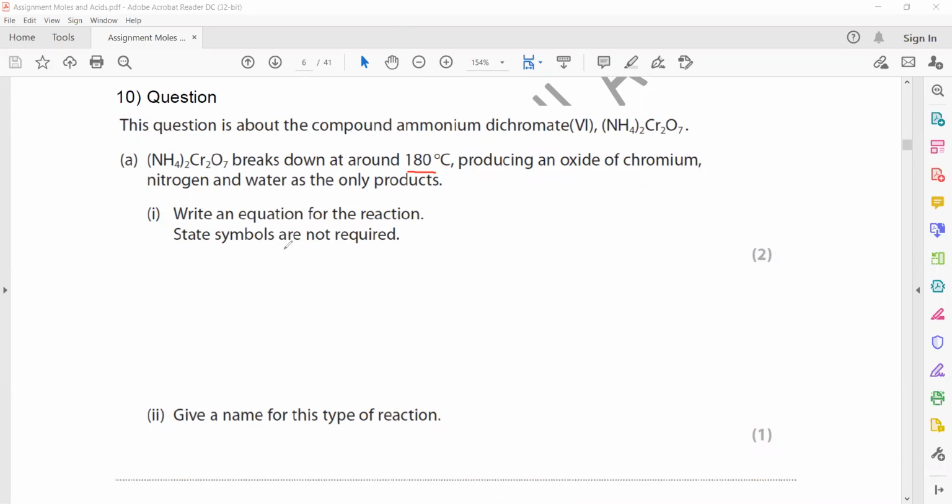Write an equation for this reaction, and state symbols are not required. So you don't have to mention the states of the product, but you should write a balanced equation. So this is a thermal decomposition. As I mentioned, it decomposes to give oxide of chromium, nitrogen and water. So we have ammonium dichromate,